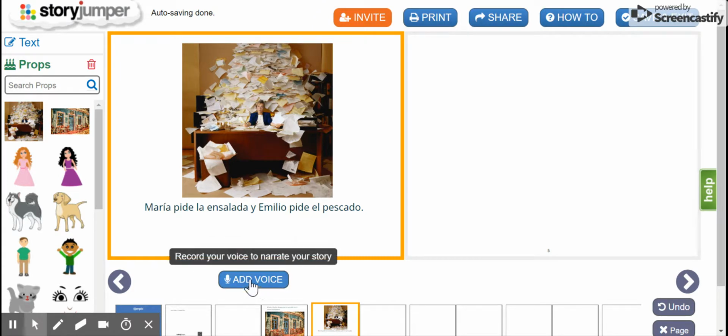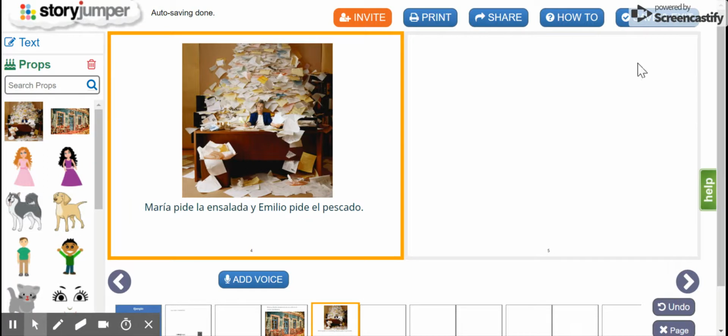Eventually, you might want to add voice. When you add your voice, you're just going to click on here. It will give you a countdown of 3 seconds. You can add your voice and you'll stop it right there. It'll save right on your site. When you're ready to move on, you're going to click Save and Exit. I will let you know that when you're working with a partner on this, it might help to work on separate pages. You will not see their changes in real time, so it does make it difficult to work on